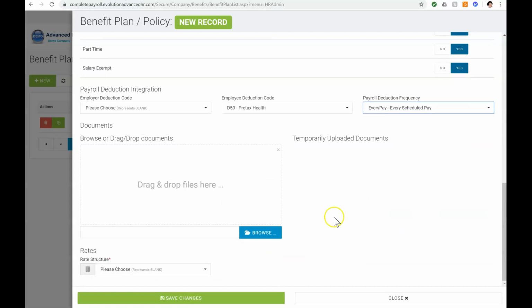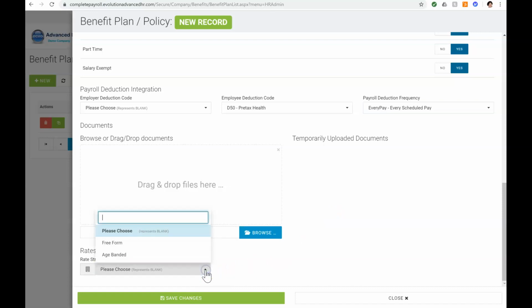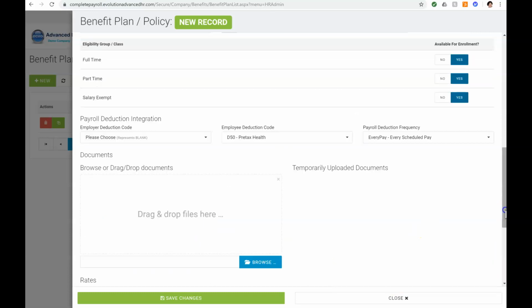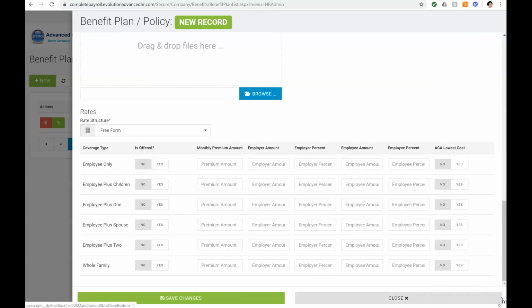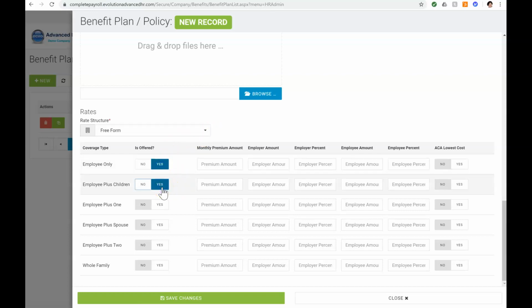And finally, rates. So under the rate structure, I have two choices, free form or age banded. First, we'll look at free form, and then we'll come back to age banding. When I select Freeform, I'm given a grid for coverage type and which tier is offered for this plan. So if it's employee only, maybe I've also got employee plus children, employee plus spouse, and then I'll enter in